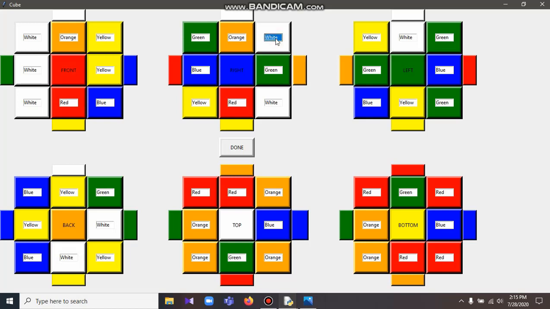For example, I click this box and I press the up or down arrow key to change its color, as you can see. So for each of the boxes, the user will have to change the colors separately according to the Rubik's cube that they have. I've already manipulated one of the Rubik's cubes and have given the input so as to save time. Now let me run the algorithm.